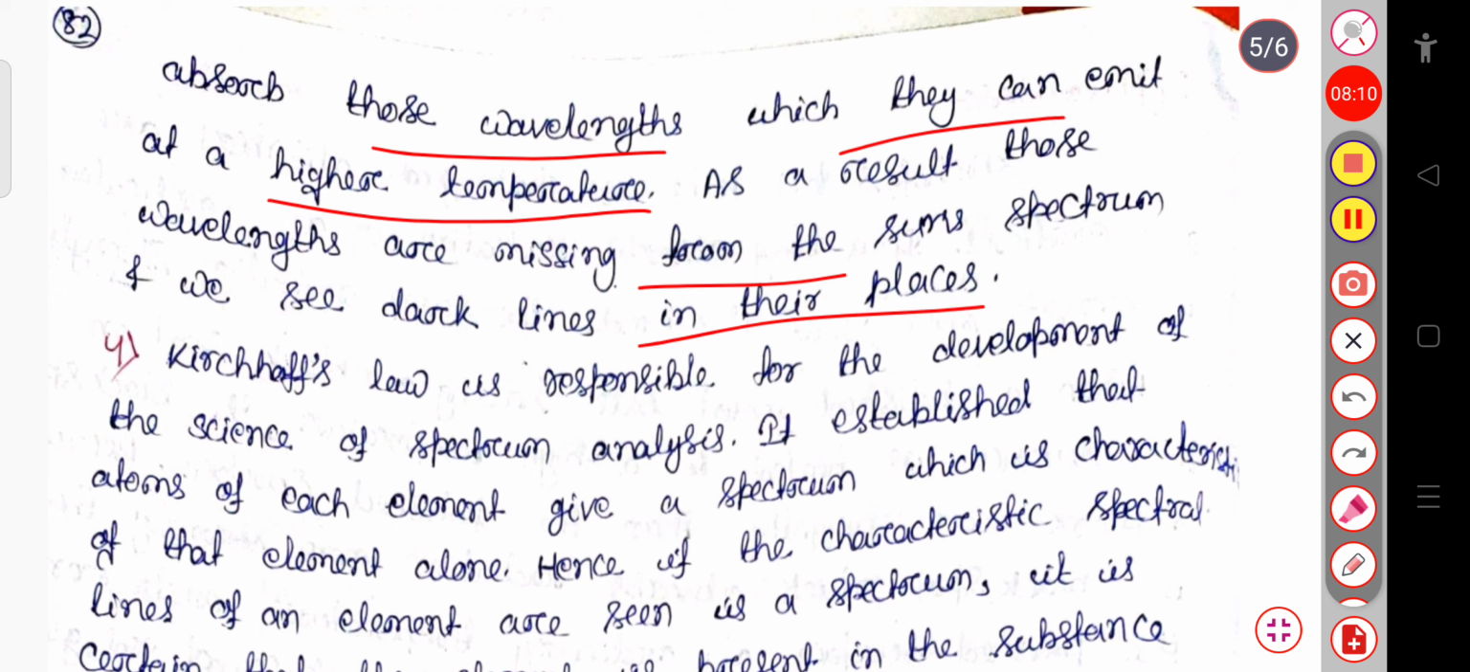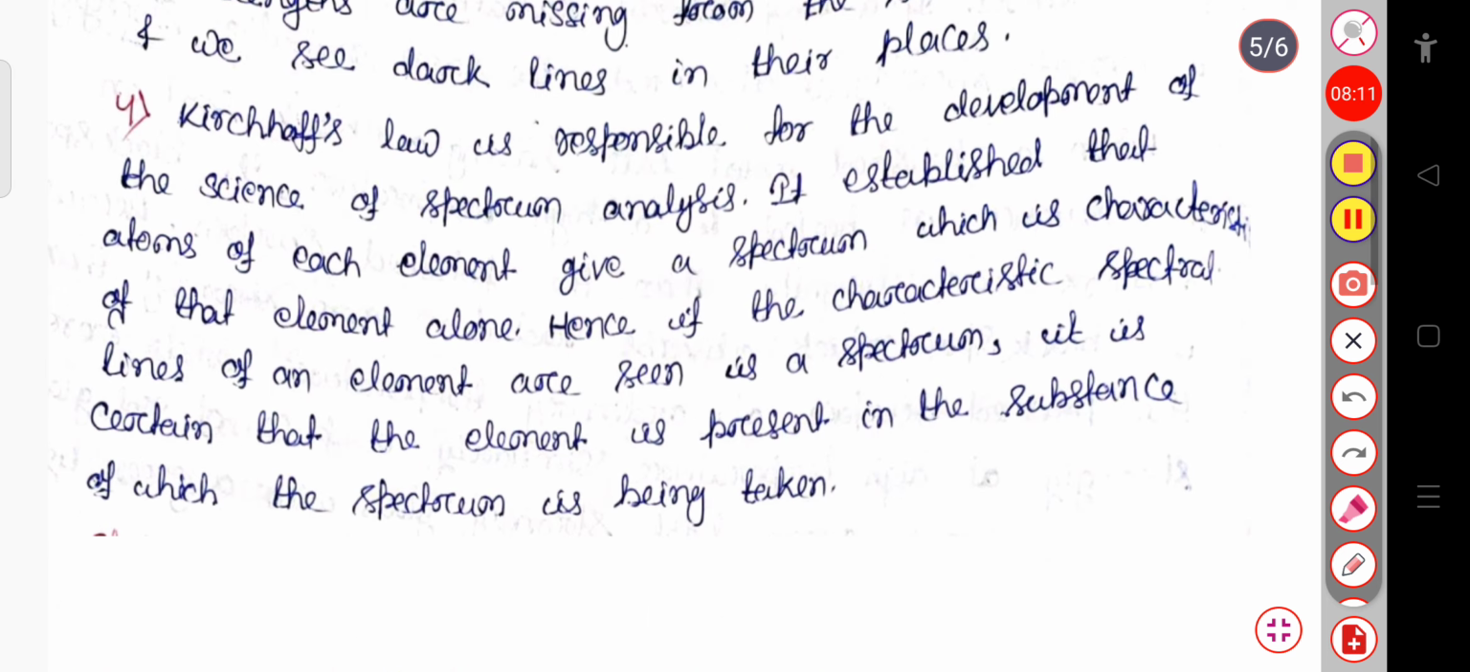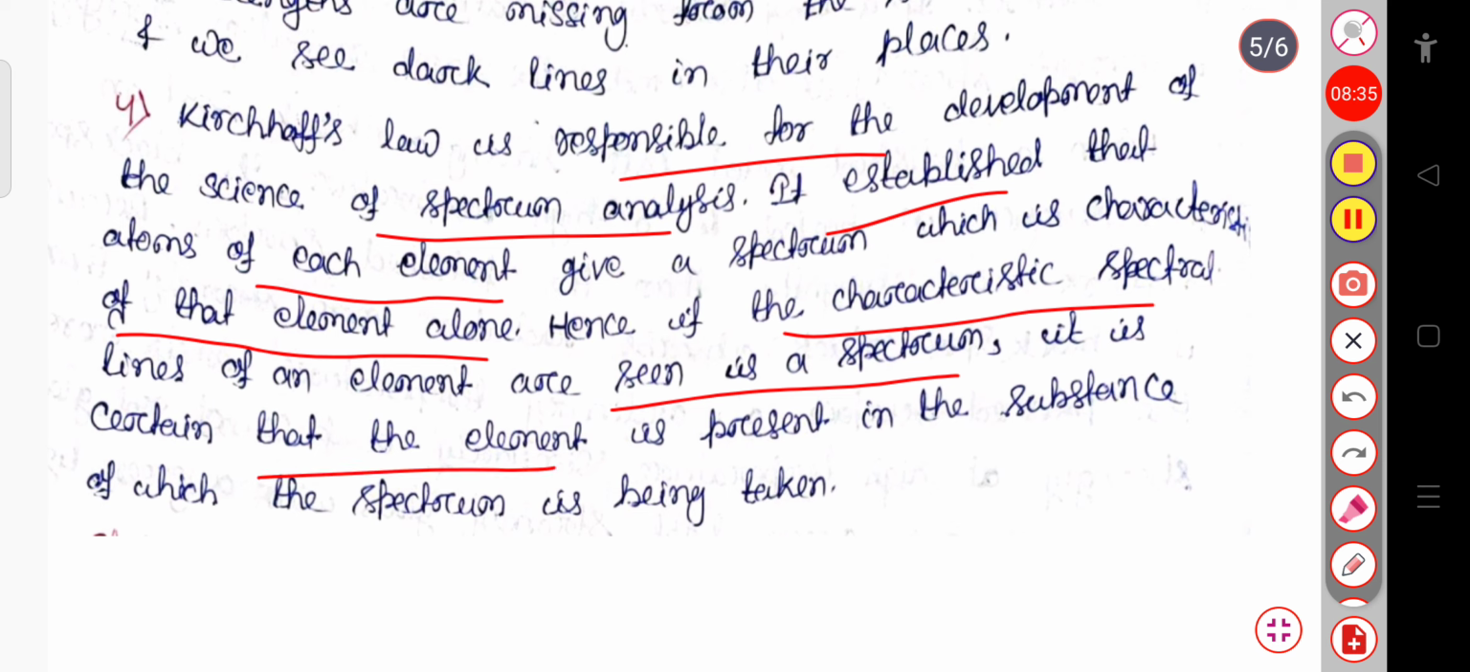And the next application is that Kirchhoff's law is responsible for the development of the science of spectrum analysis. It establishes that the atoms of each element give a spectrum which is characteristic of that element alone. So, if the characteristic spectral lines of an element are seen in a spectrum, it is certain that the element is present in the substance of which the spectrum is being taken. So, these are the applications of